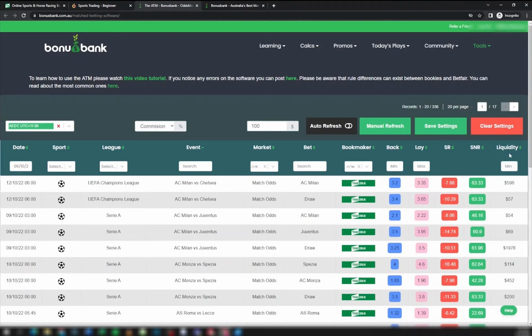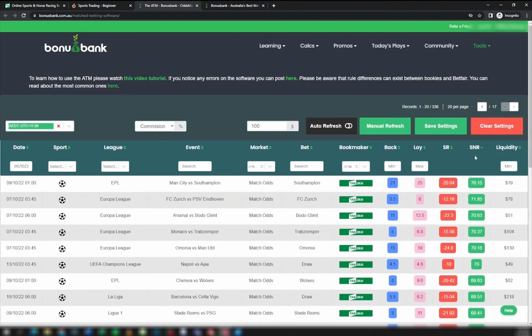Now, if we head over to the SNR column and we click on the heading there until we get one downward arrow right next to it, what we'll see under there is a column of green boxes, and the numbers inside these boxes represent the percentage return you will receive on your bonus bet. So if we were to place our $100 bonus trade on this selection here, that means we would make $76.15. Now, it is a percentage value, so if we were to place a $200 bonus trade, then we would make